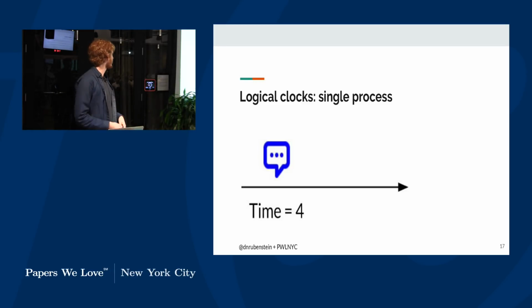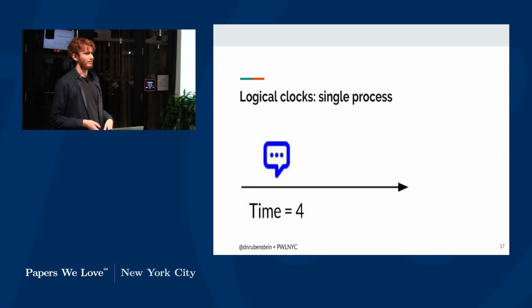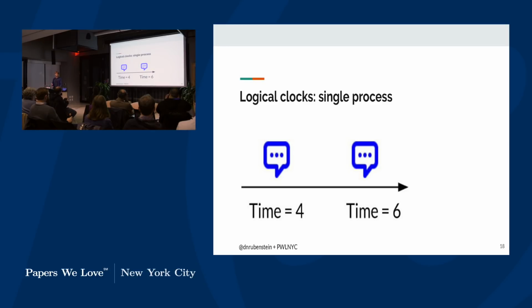So how do we do this? Well, much like with partial ordering, we have to figure out what to do in a single process. So here we have an event, we give it some arbitrary time. We have a new event, we give it another time. So here we increase the time by 2, but we could have just as easily increased it by 2,000, 2 million, 2 trillion. As we said before, the thing about logical clocks is that their rate of increase is arbitrary. It doesn't necessarily matter how far up we go, so long as we keep going up.